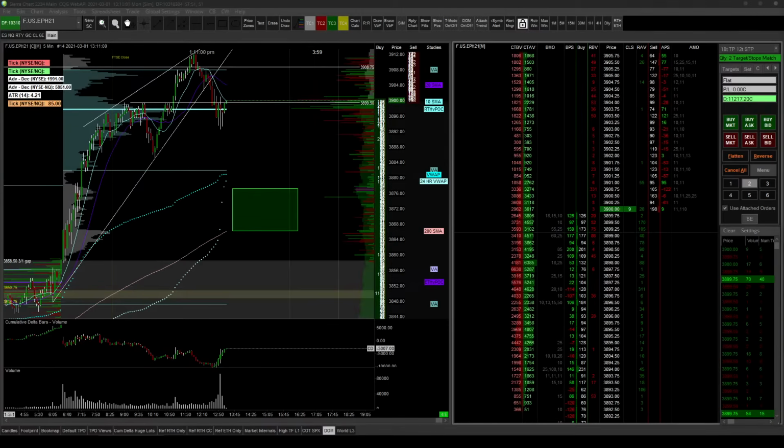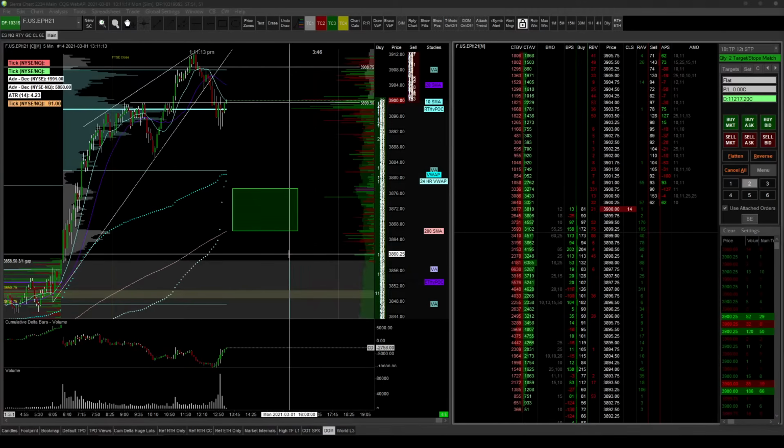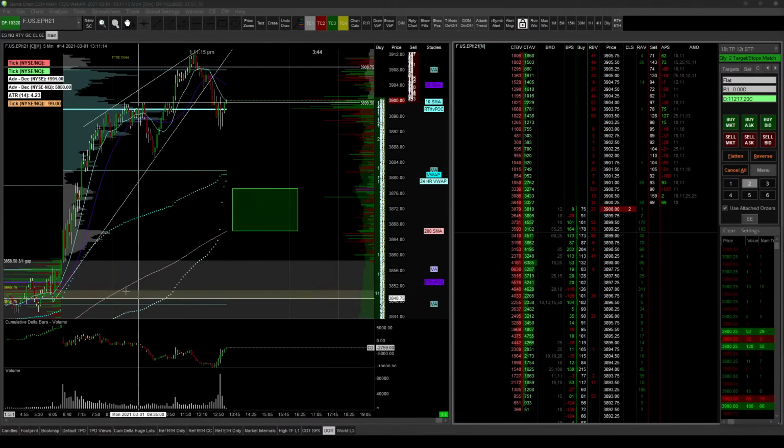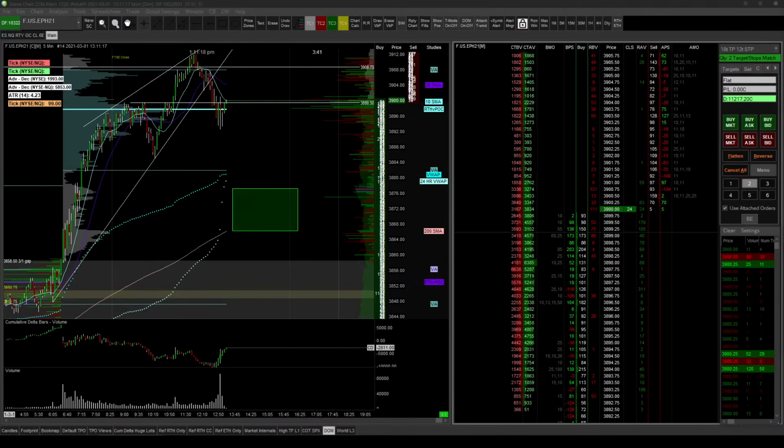So if you want to trade a bunch of options, just stick with whatever your platform is that shows you an option chain and everything you need to look at to trade options correctly. But if you're going to be scalping or playing levels intraday, I like Sierra Chart